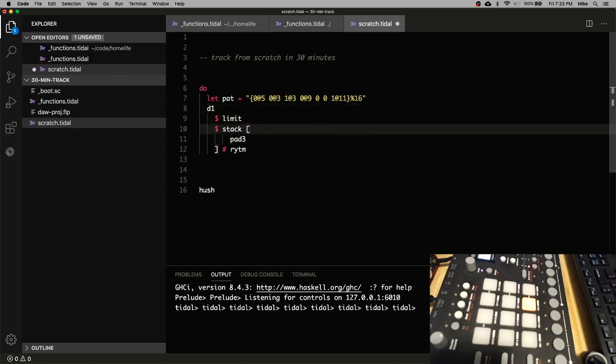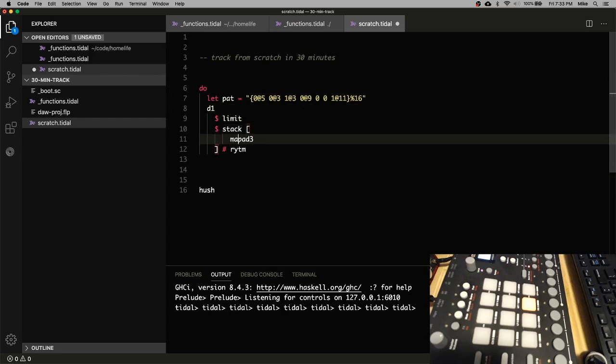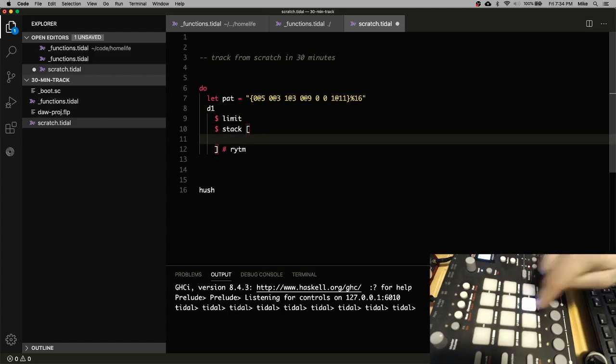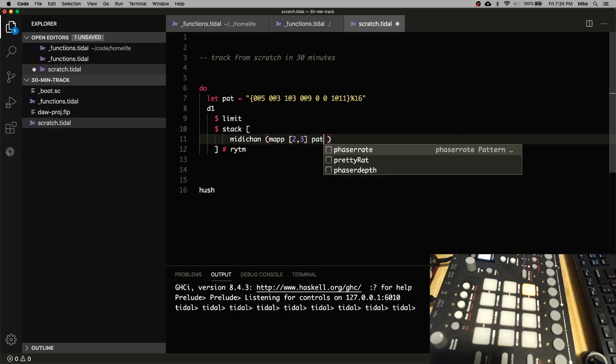So I have a helper function called mapp, M-A-P-P. Pad3 is a nice helper function when I'm just going to play the kick drum by itself. But for this type of sequence, I actually want to have a pattern of the MIDI channel. Kick is on channel 0, 1, 2, clap is on 3. So I'm going to create a mapping of 2 and then 3 of our pattern